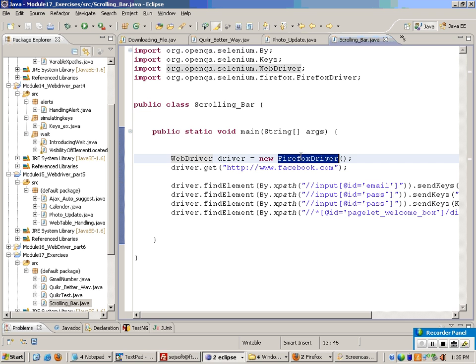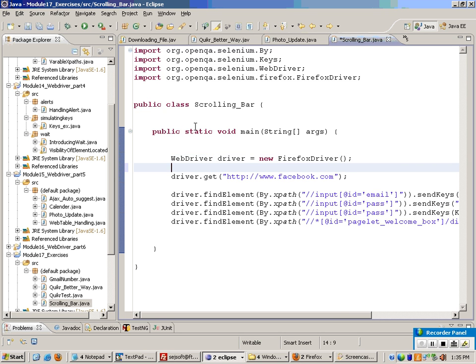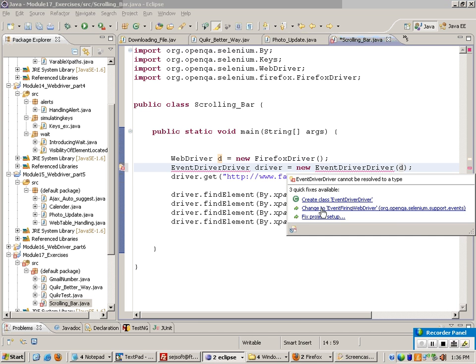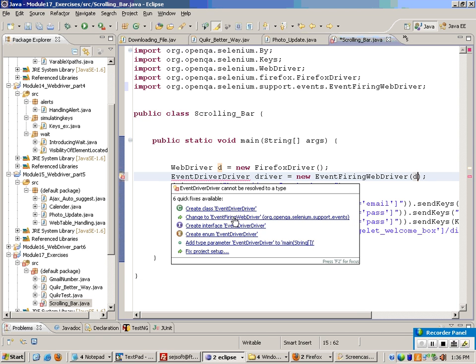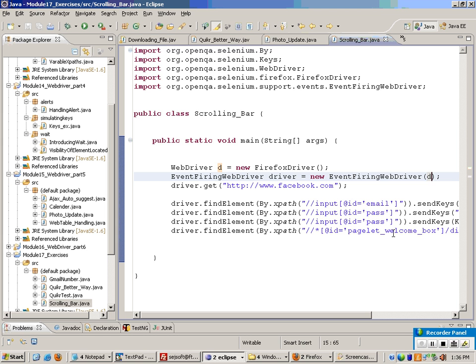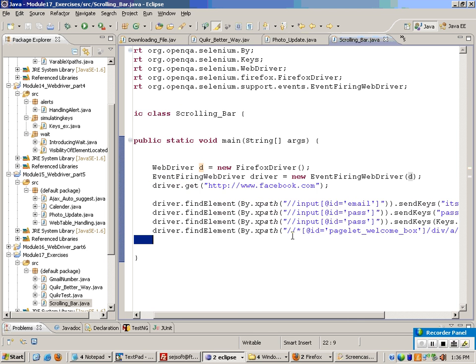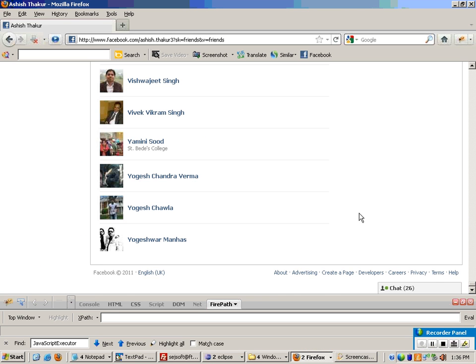Now for scrolling the mouse, you don't have to use Webdriver. You have to use the event-driven driver which I had talked about in the previous lectures. I'll name the object of my Webdriver as D equals to new event-driven driver. Event-driven driver is an inbuilt class and it actually extends the Webdriver, implements the Webdriver class. You have to pass on the instance of D to it, and I will import that, and I will log on into my Facebook account with this driver, click on my image,